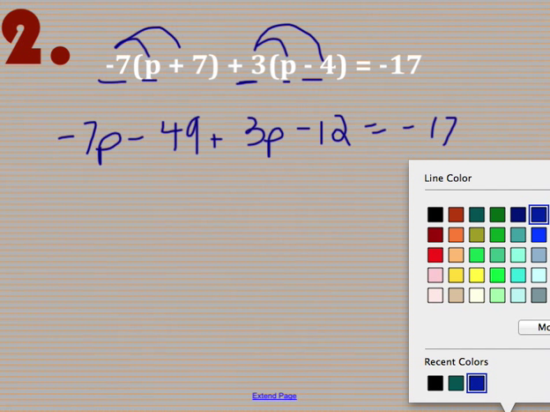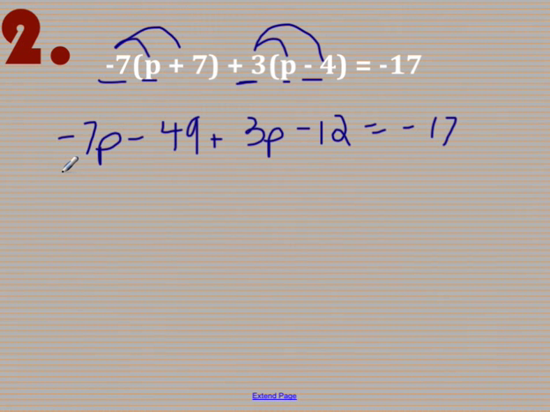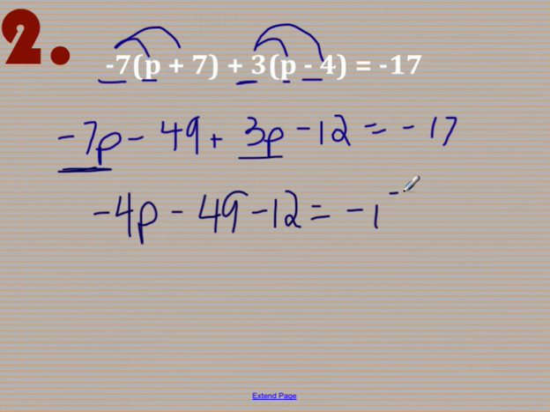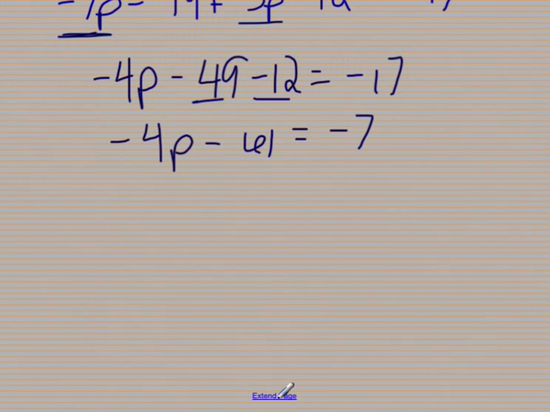Next thing we need to do is combine like terms on this side. We have -7 plus 3, which is -4. We also need to combine our constants on this side, so we combine those two terms. -49 minus 12 is -61. Next, add 61 to both sides, and then you end up with -4p is equal to